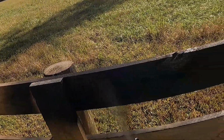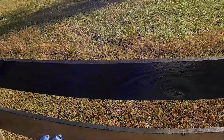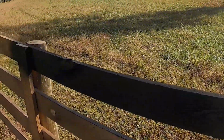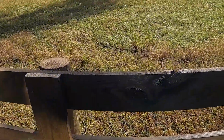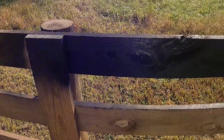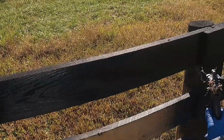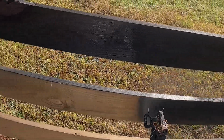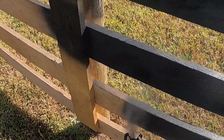Then I come back with a straight spray, and it's either going to be completely straight, or I might even get a slight upward angle on it. And then once you come across that, it pretty much coats the board almost perfectly with one coat. Then I start over, so I've sprayed straight down, jump down, come another downward angle on this board. I'll go ahead and overlap that fascia board onto the next section, come straight back across,